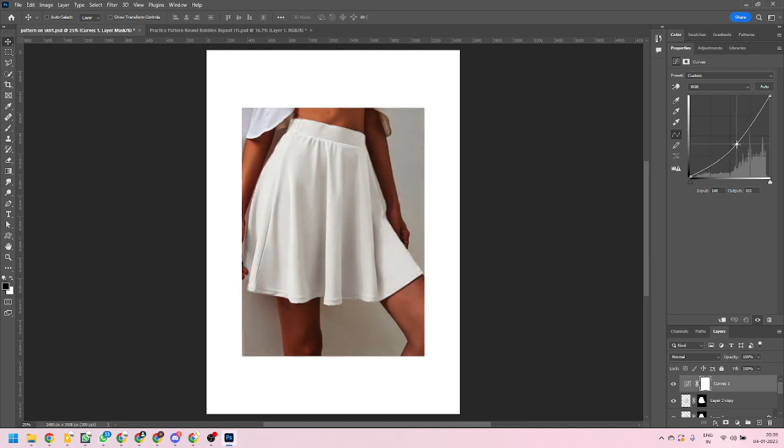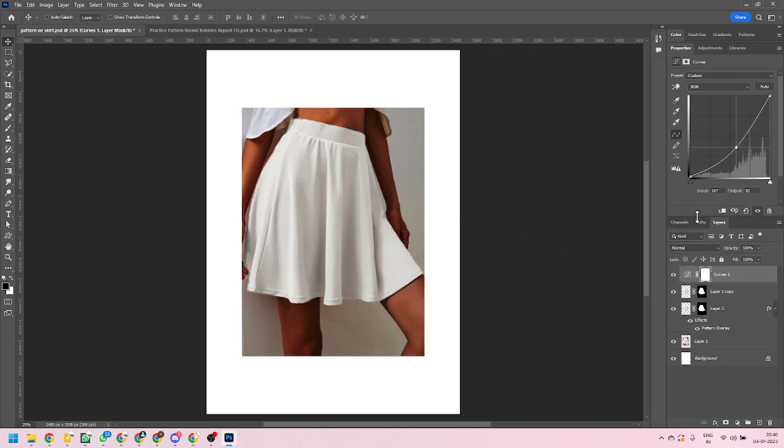Okay, but as I do so, I realize that I'm making the changes in the whole picture, right? And I don't want to do that. And this is the mistake which we had just learnt about from the previous lesson, right? So all I have to do is hold Alt and then click in between these two layers to clip this adjustment with just this layer. And now it's only going to affect the layer,